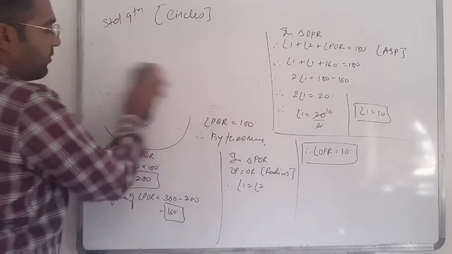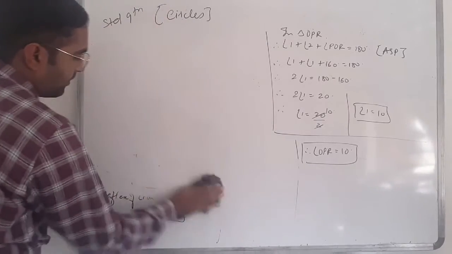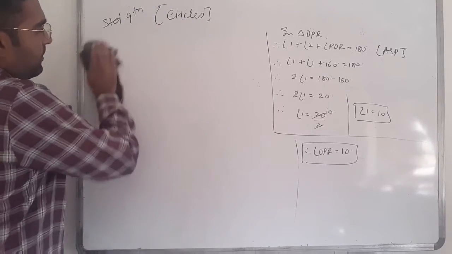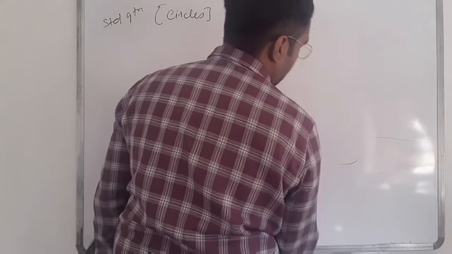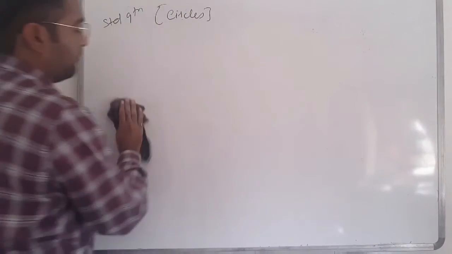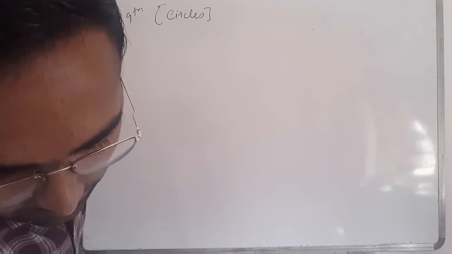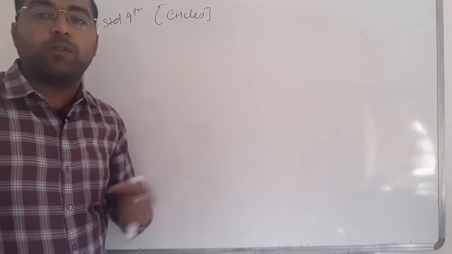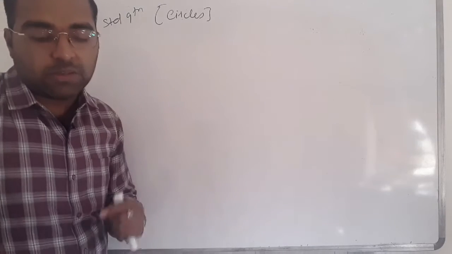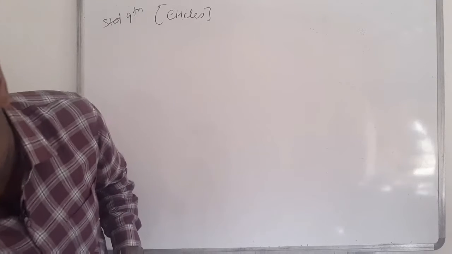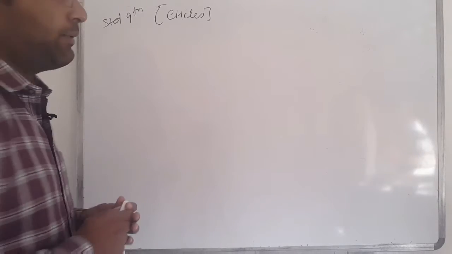As per the exercise we are moving to question number 4. So students, here also a figure is given. In the figure, angle ABC is equal to 69 degree and angle ACB is equal to 31 degree. Find angle BDC. So first of all we have to draw the figure.